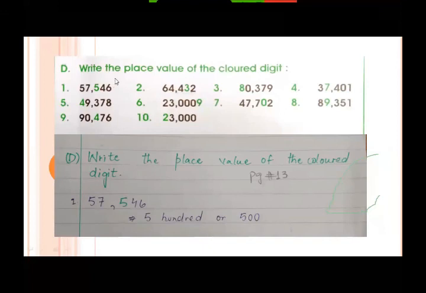Part B. Write the place value of the colored digit. You also did this exercise previously, exercise 1.4. And the same way you do this exercise, you just have to see the colored part. So here number 1 is done for you. The colored part 5 comes at the place of 100. You write it like 500. This same exercise you did in exercise 1.4. In the same way you complete this exercise. Hope you don't face any difficulty while solving this part.